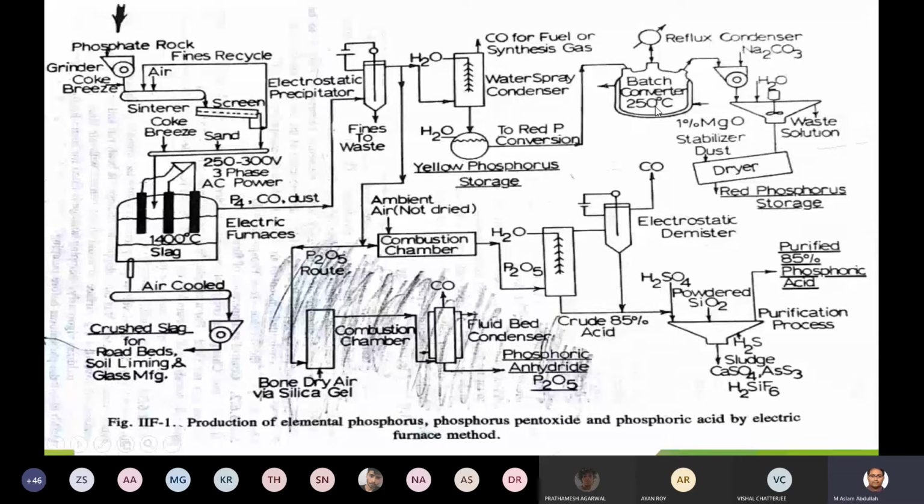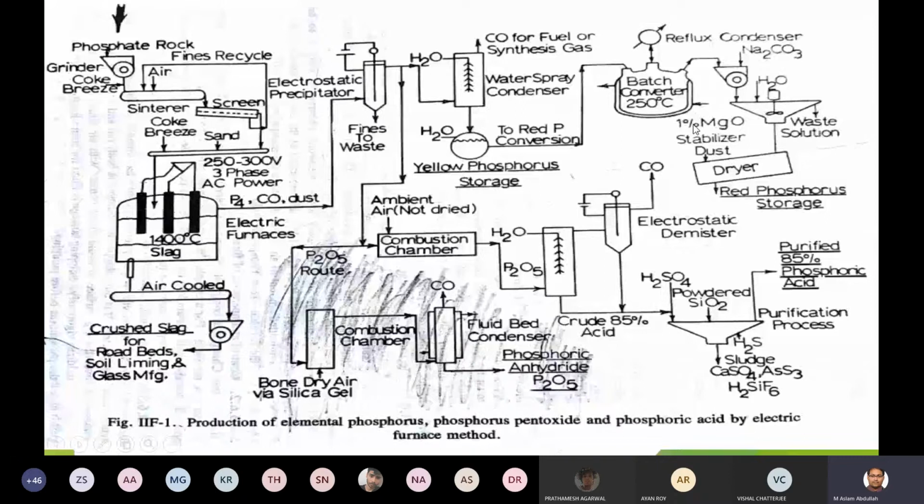While we heat the product at 250 degrees Celsius in the converter unit, the yellow color will be converted to a red color. While the conversion of yellow to red is happening, it loses its stability. In chemical terms, for a liquid product we speak of pH, but for a solid we term it stability. To retain the stability, we add 1% of magnesium oxide.